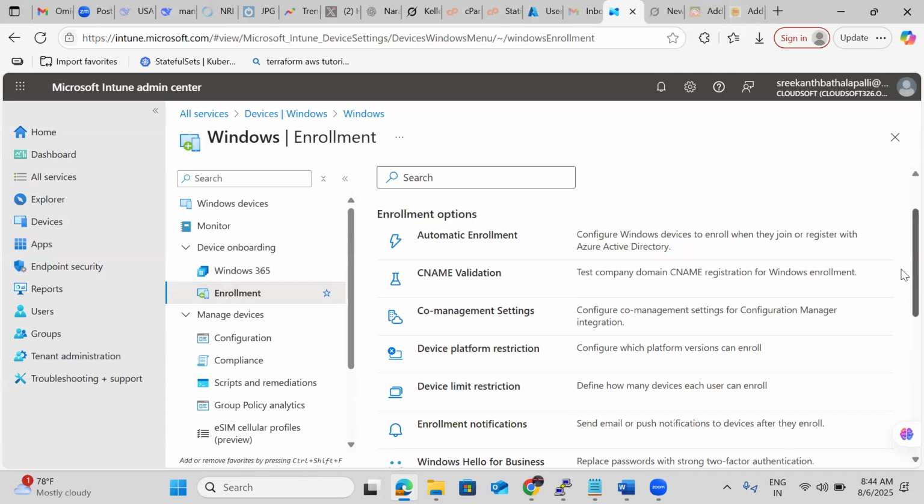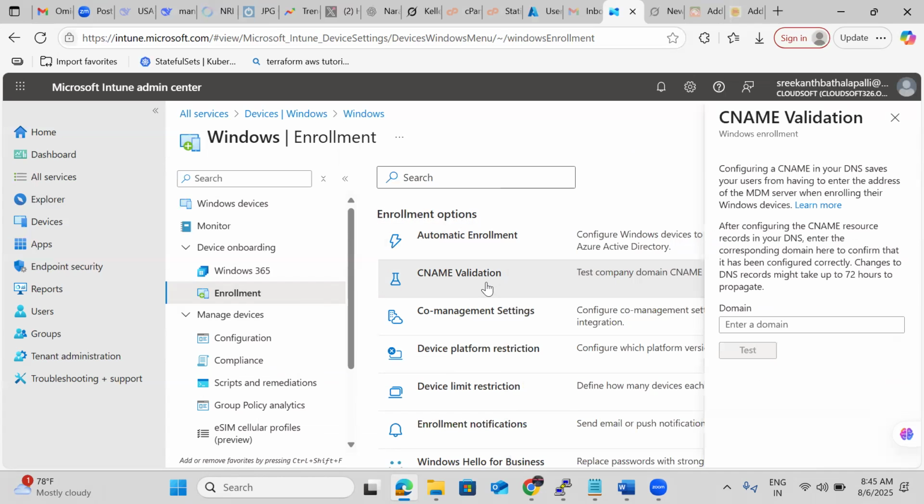CNAME validation. Okay, what is the meaning of CNAME validation? We need to add our company domain, and in the DNS we need to add our CNAME. Okay, so what is that CNAME? Like a canonical name or alias name kind of thing in our DNS entries. Normally for AD they give a TXT record to be added. So now here we are going to add that CNAME record. Okay, so here